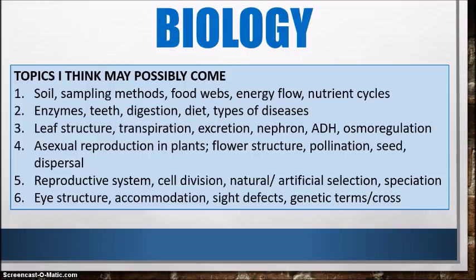And then sight defects, and some form of genetic question is likely to come. Maybe genetic terms, like definitions of terms, and then some kind of genetic cross. And I noticed that sex-linked traits seem to be pretty common. Hemophilia, color blindness, so those are fairly common. I see them come in a lot from past papers, but some type of genetic cross I believe should come.